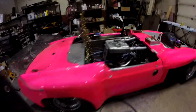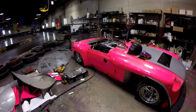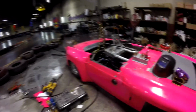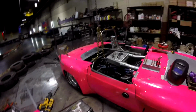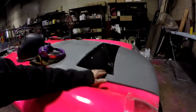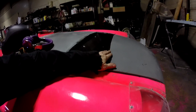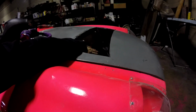This is all very close now to being ready for some paint and for putting on the scales. So yeah, I'm really happy with how this is all going. I may do a little bit of a, I don't know, we're gonna have to see about that, but I know that I still have my radiator to put in here,